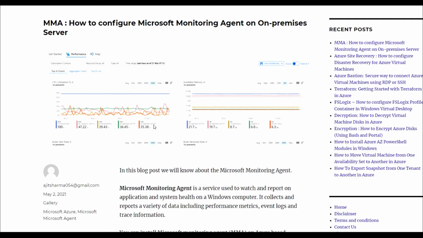Also, if you have deployed VM SQL instances that you want to monitor, you have to install this agent manually in order to report those instances in Analytics. So this is all about it. Let's proceed, and I will show you how we can install the Microsoft Monitoring Agent on your server.